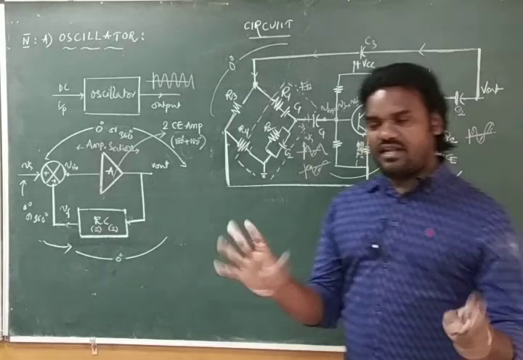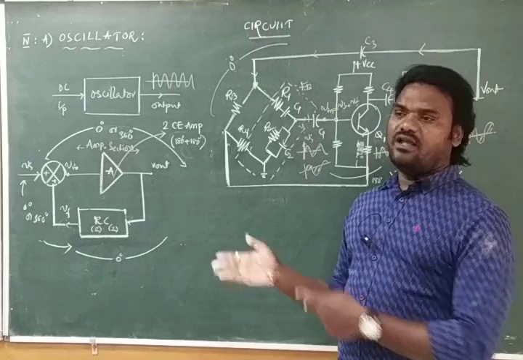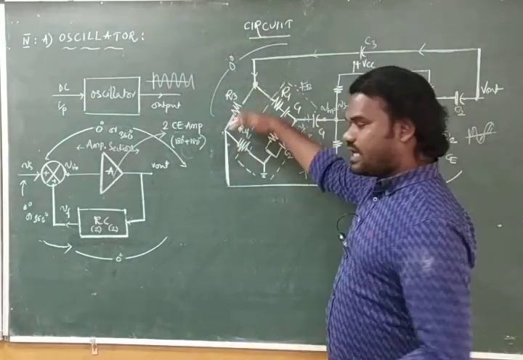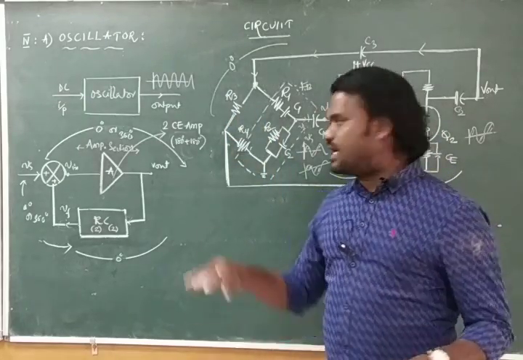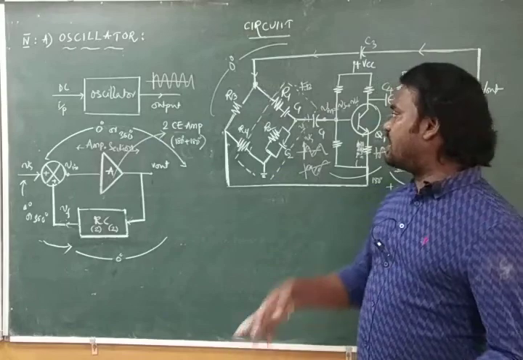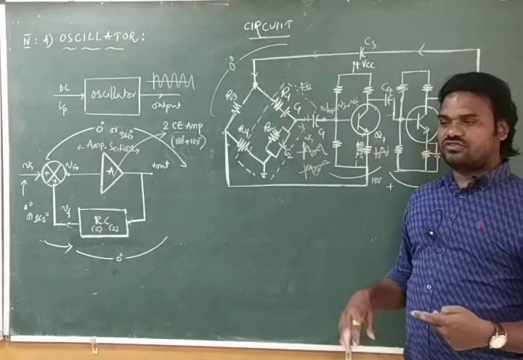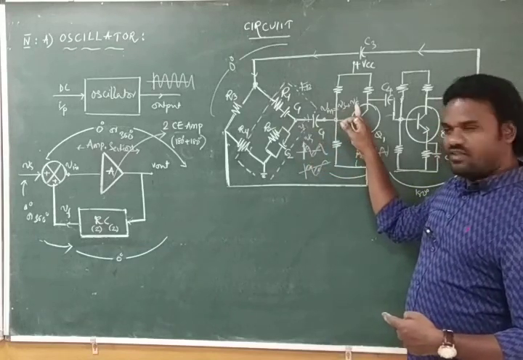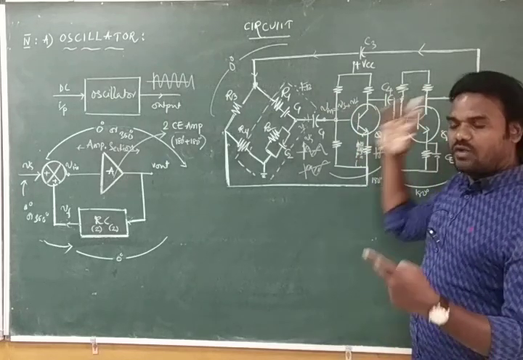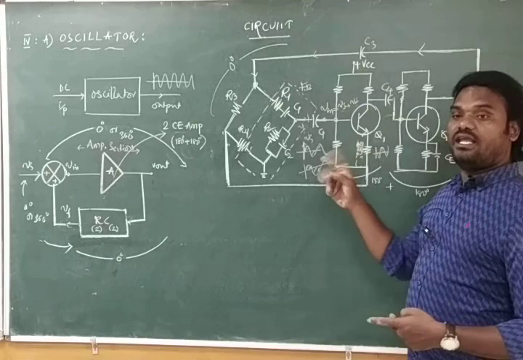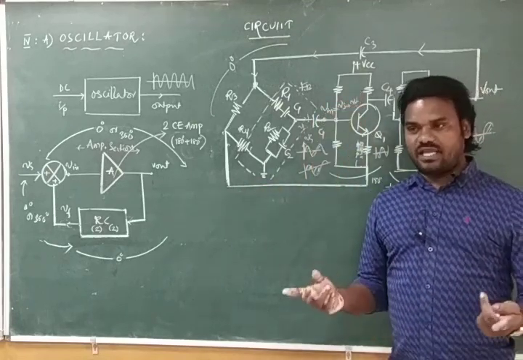Operation remains the same for every oscillator. The input, we will be taking the feedback signal from the output, through the feedback network. The feedback network is designed with positive feedback, and it is designed with R and C components, so that by having this type of connection, it can provide the 0 degree phase shift, so that Vin increases as the Vf increases. And Vin keeps on increasing, Vout is also keeps on increasing. At one particular point, Vout will be infinity. If Vout is infinity, then the gain is also infinity. From that point onwards, it makes the oscillation.